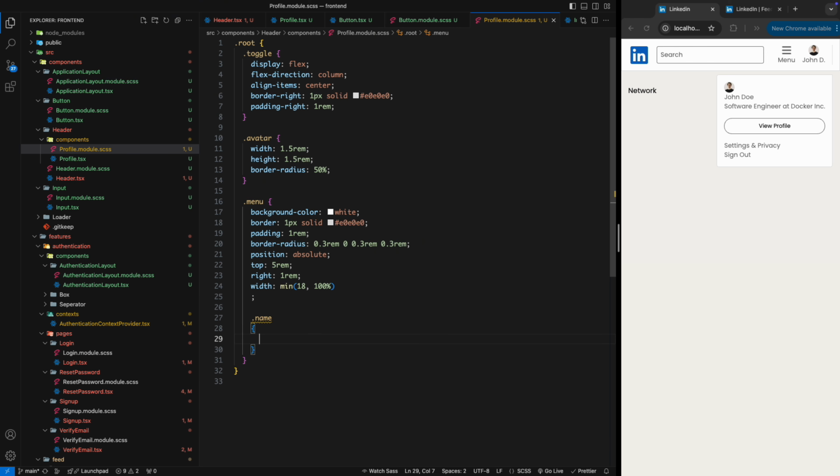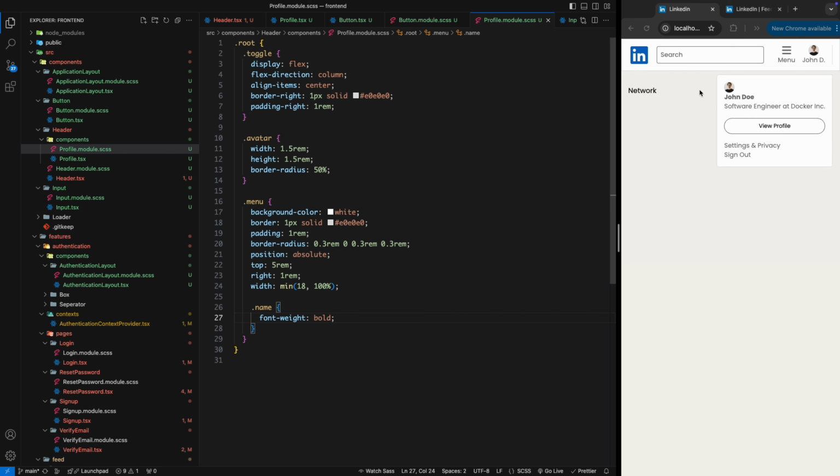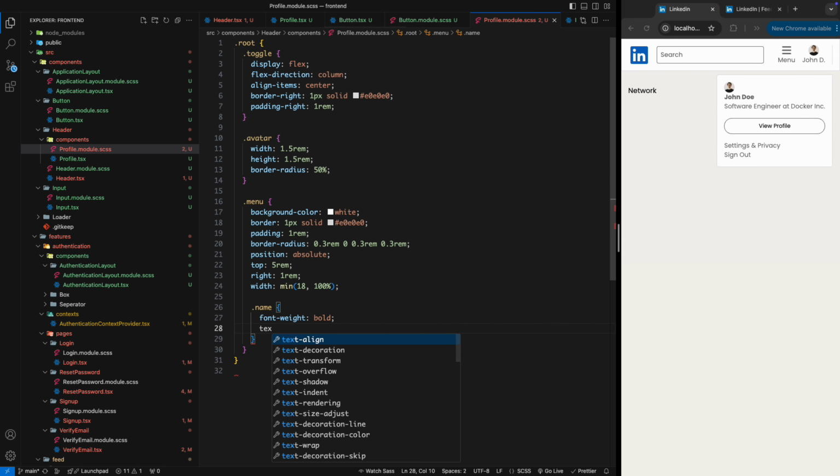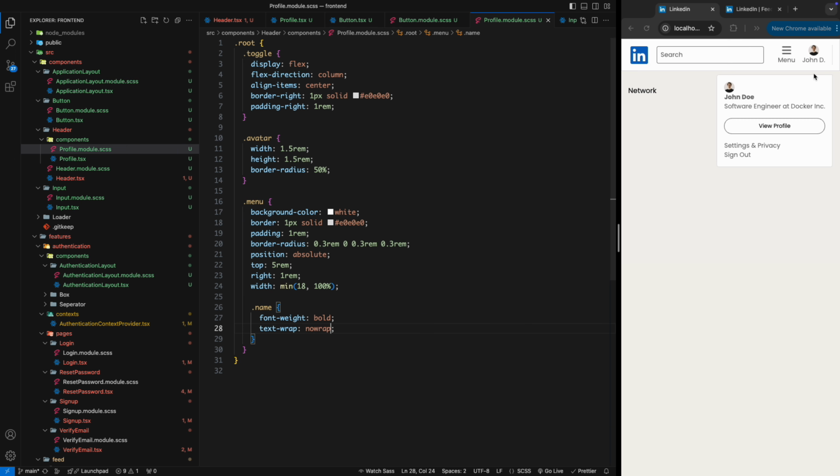Okay, and then we're gonna grab the name. We're gonna say that it should have a font weight of bold, so as you can see it's bold now, and we don't want the text to be wrapped. So we're gonna say that text wrap should be no wrap. This is why we ensure that the name is always on one line. Then we're gonna grab the content,